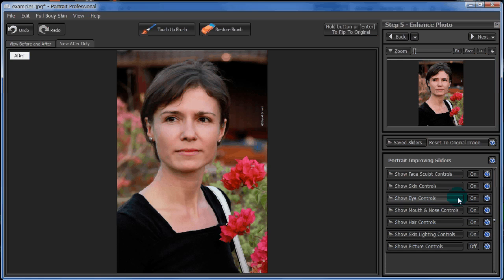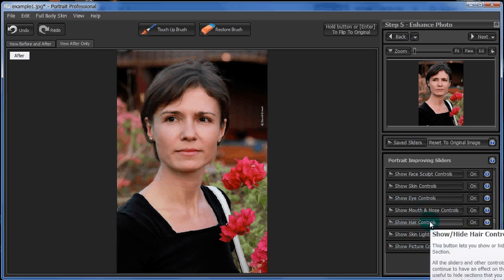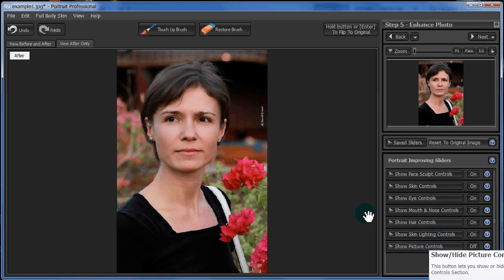So these first 6 slider sets that you can use affect the person, whereas these affect the whole picture. So if you have to use show picture controls, you may want to wait till you've done the last person. You can do as many faces as you want. There's no limit. If you did a family portrait, you could go mother, father, child, however you want to do it. But when you're done, all you have to do is hit save,